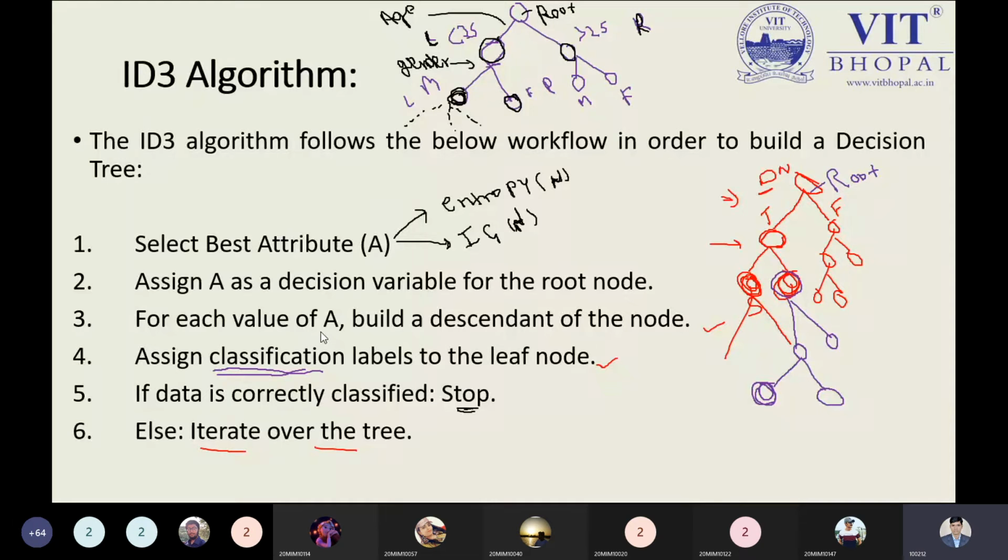So we have 6 steps over here. Just remember these 6 steps. You can write them your own way, no issue, but the concept should be meaningful. This is just the steps which are followed by the ID3 algorithm. So we can say, okay, the ID3 algorithm is very easy, but practically, in real life, it is not easy to implement the ID3 algorithm. It is not easy because for implementing the ID3 algorithm, first you must know what is the entropy and what is the information gain. So these are the 6 steps which are written in front of you.